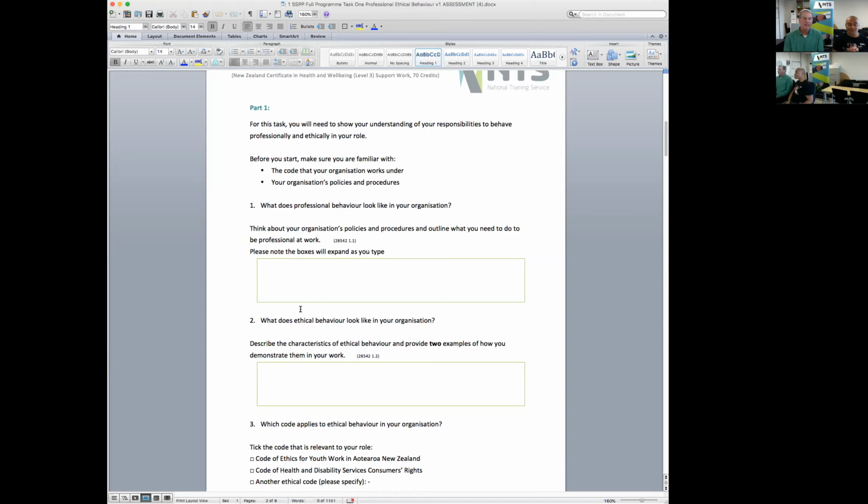An example is that your workplace might require you to always wear a uniform when you visit a client. It would be unprofessional if you turned up in jeans and a sweatshirt and didn't have your organisation's required T-shirt with the logo on it, showing who you were. That's a small part of being professional.